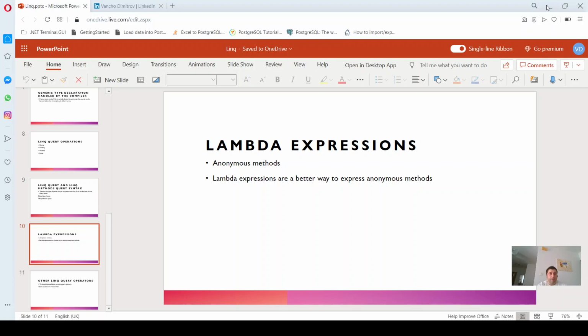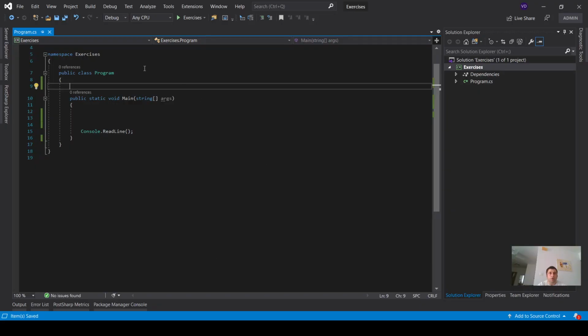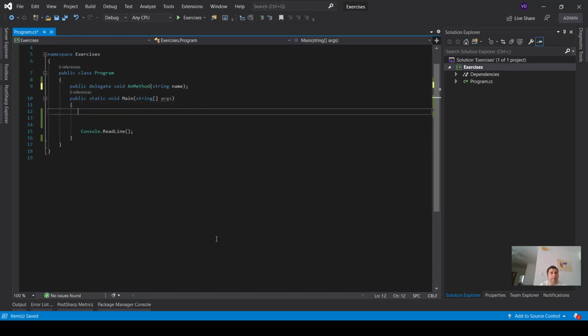Okay, so let's just go back to Visual Studio and declare a delegate for that purpose. I hope you know what delegates are. Otherwise, there are wonderful tutorials online so that you can take a look at what they do and how they complement our coding structure for the better. So we said we'll declare a type of void method, an anonymous method, which will take a string name as a parameter, and then we're going to call this method